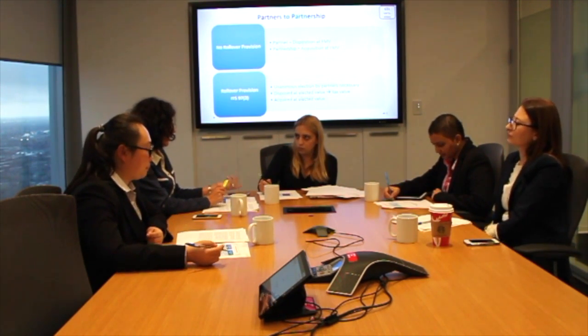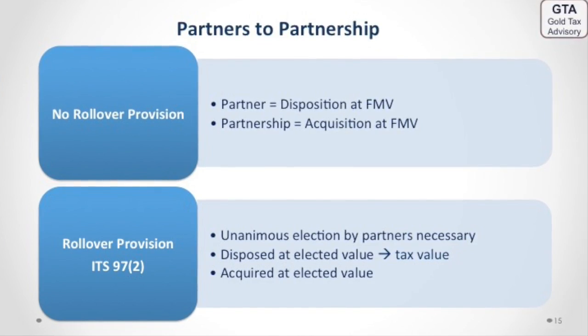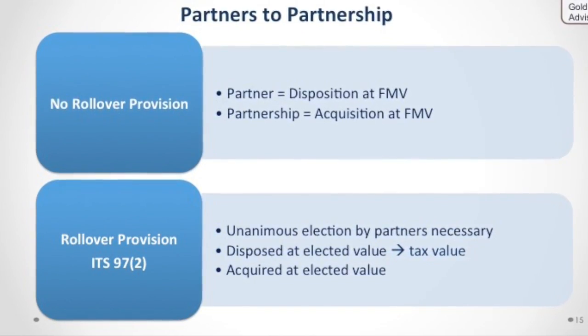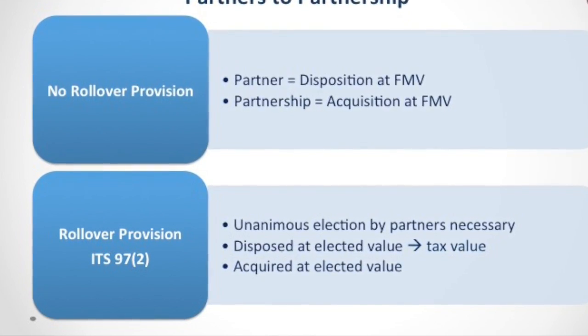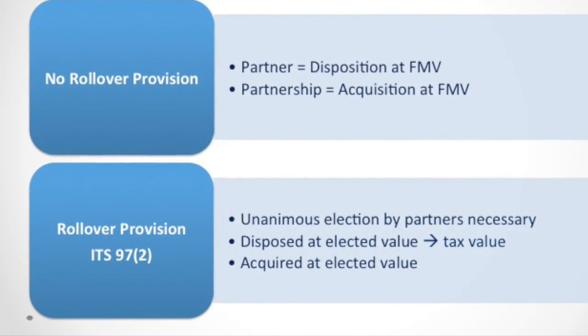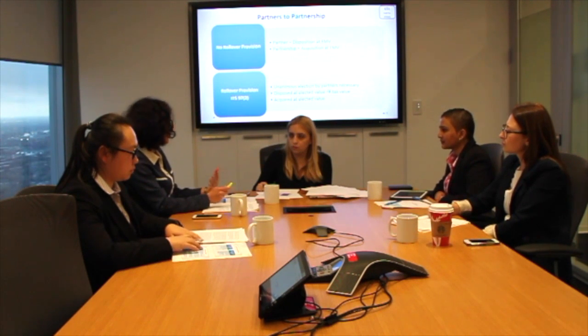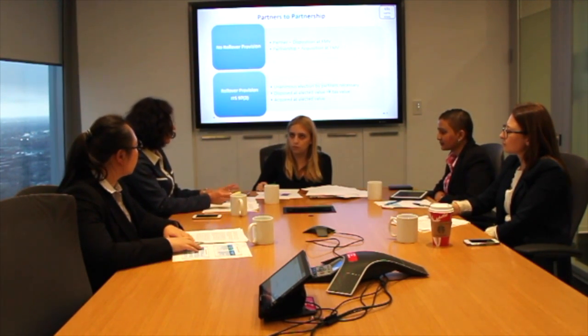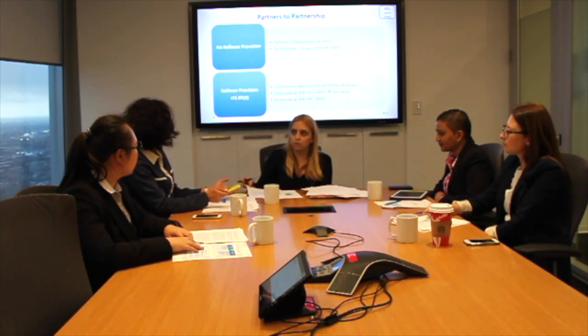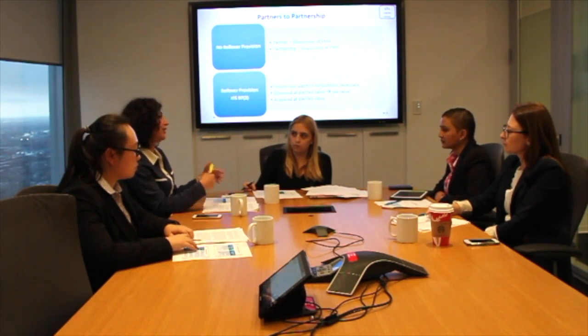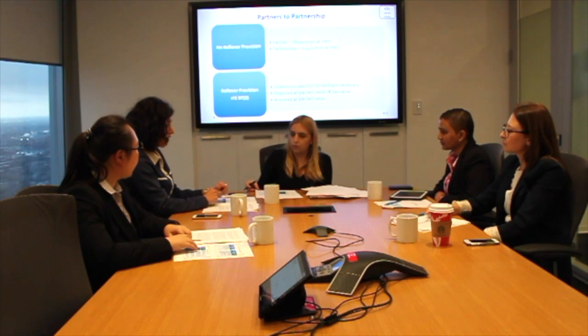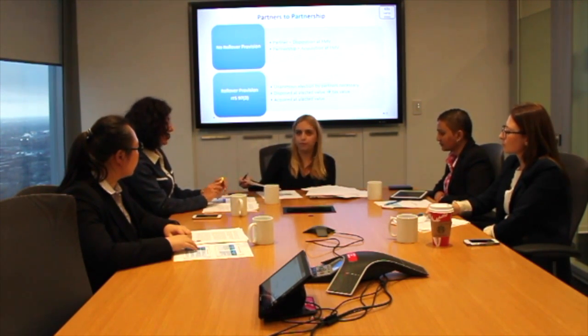For the transfer with rollover provision, however, first of all, it has to be into a Canadian partnership, and the property may be transferred on the rollover basis if all the members of the partnership jointly elect the amount, which is usually the tax amount. So in that case, the property can be transferred on the elected amount, again, tax amount. But this applies whether the client is a new partner for the partnership or is an existing partner in the partnership. And it has to be unanimous, right? Yeah, exactly. All the members have to elect on that.